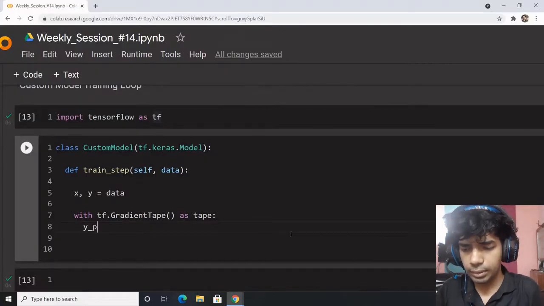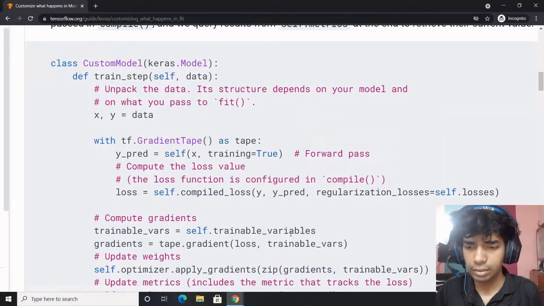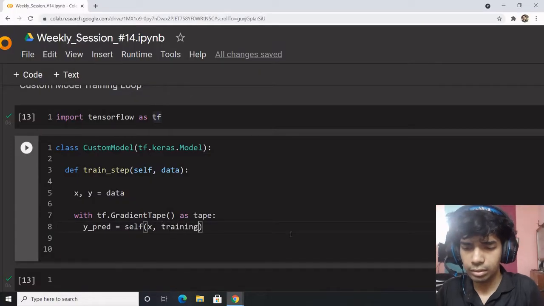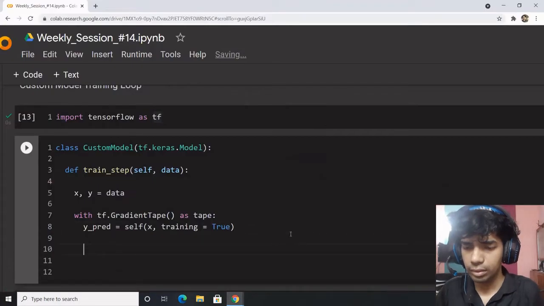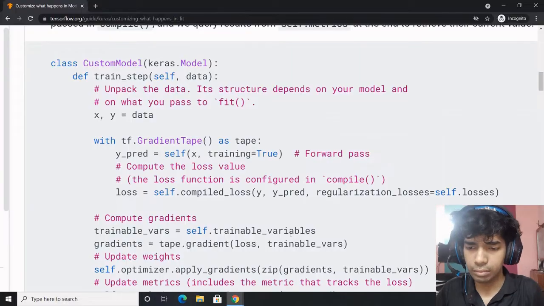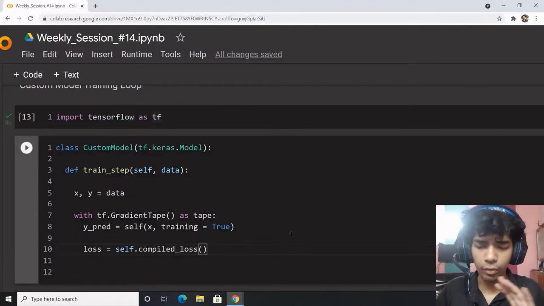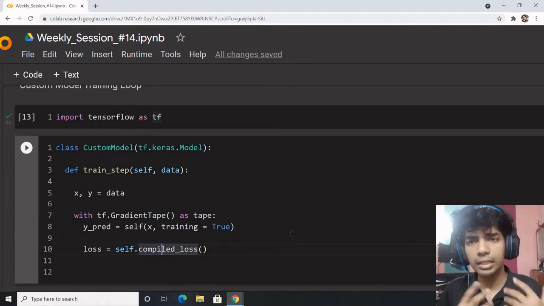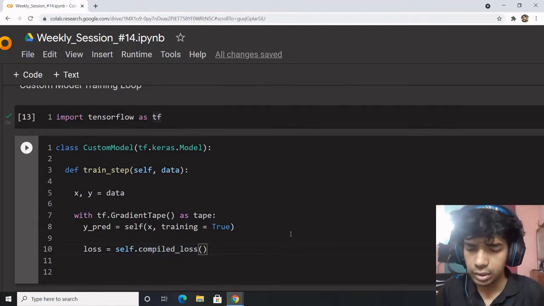So here we would be obtaining y_pred, passing the data through the model. Then calculate the loss by self.compiled_loss. You won't be able to understand these things because these are already defined, but just try to understand the flow of it, and once you understand the flow, things would be much easier.